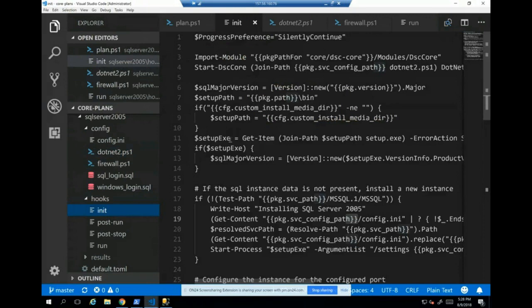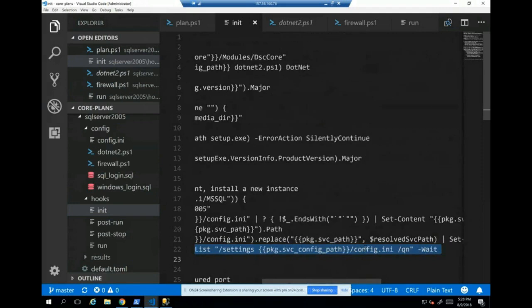As I mentioned before, you could have this point to your own installation media. So there's a little logic like, am I going to do the SQL Server Express that I'm configured with, or am I being pointed to some alternate install media that might have the standard or enterprise version of SQL Server? So it figures that out, and it invokes that setup.exe file, and it passes this settings argument and, along with that, a